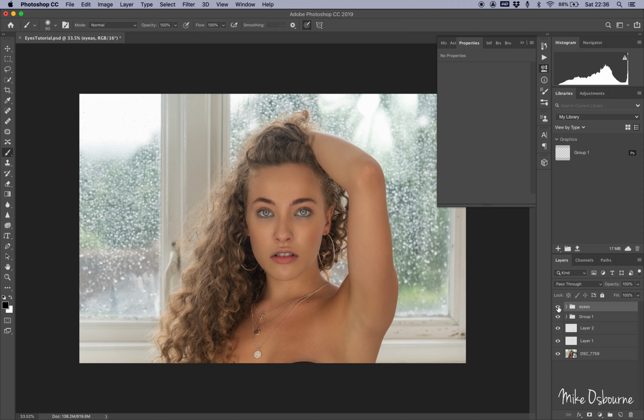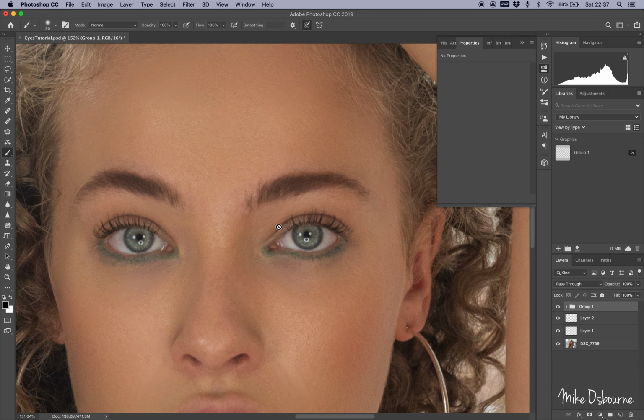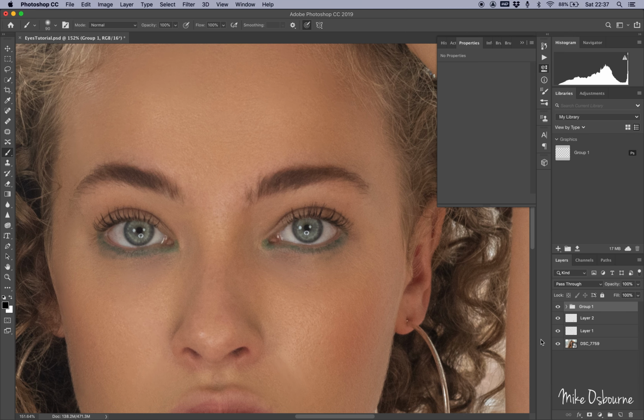So eyes number 2 now. I'm gonna delete that. And this one's a little bit more complicated. So the first thing is, I'm gonna get a new layer there. So the first thing I'm gonna do is add a new layer, and then